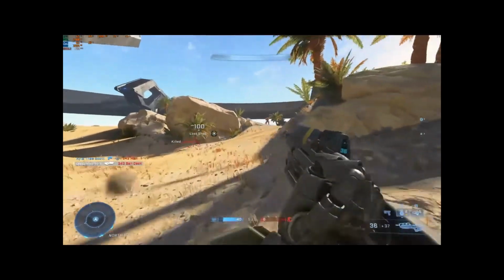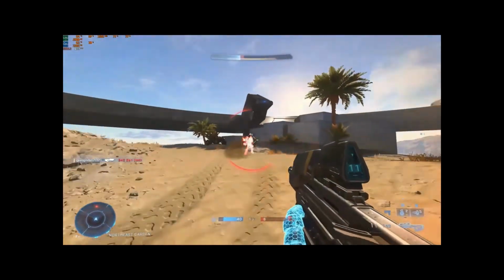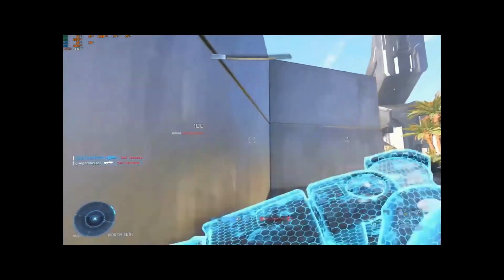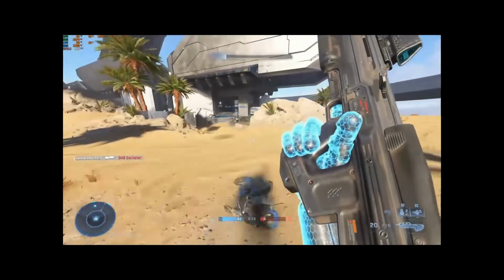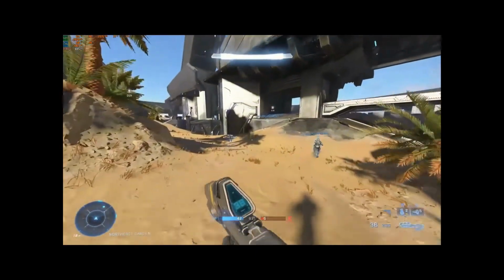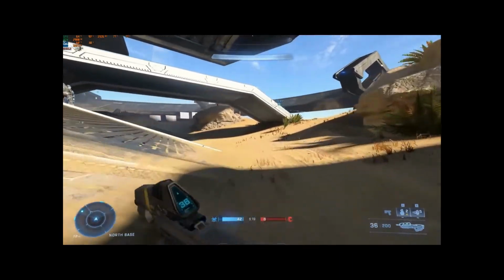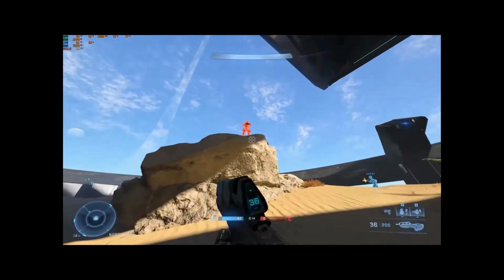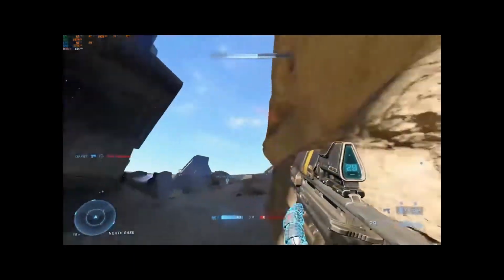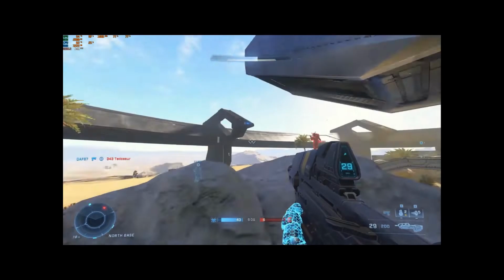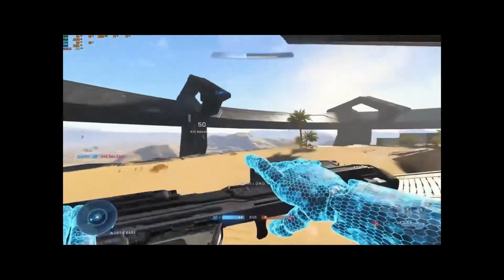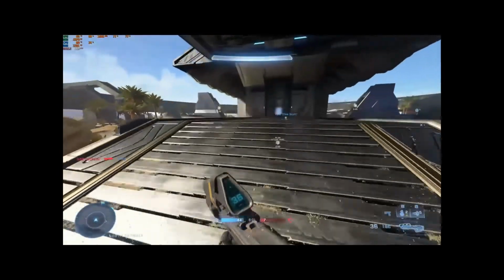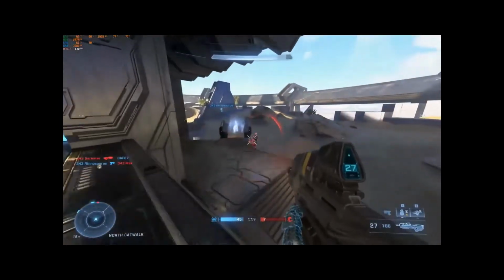Nearing victory. I picked up the grapple shot. Power items incoming. Power items have arrived.